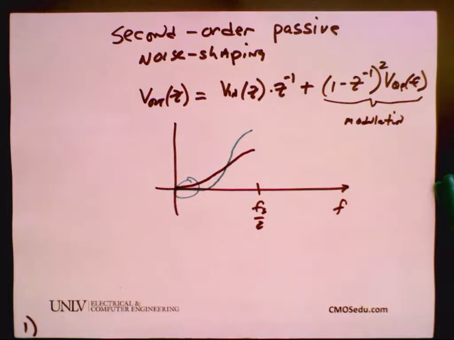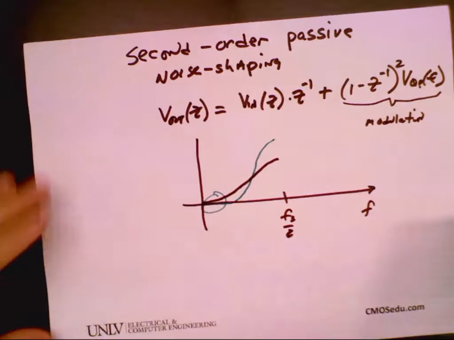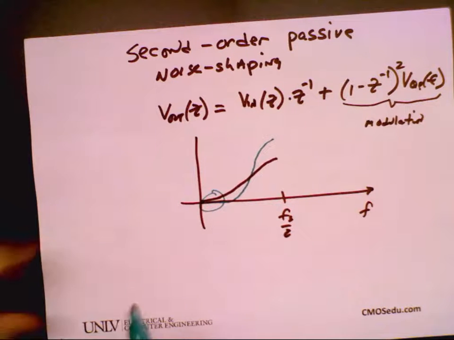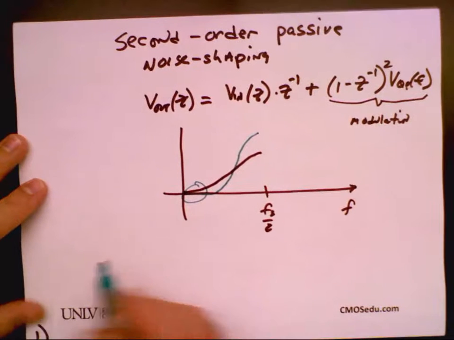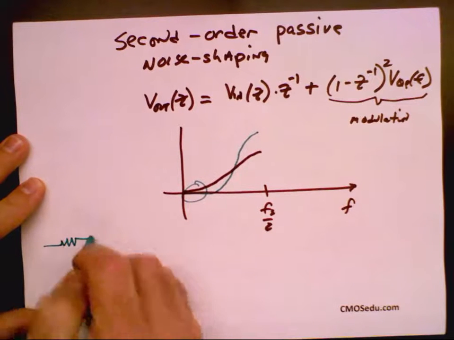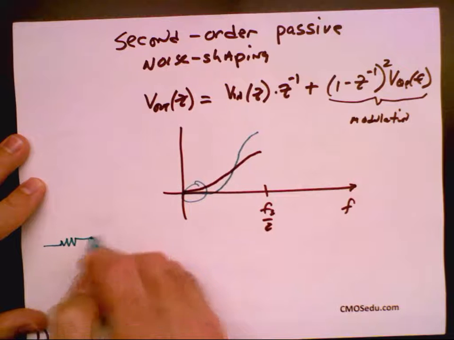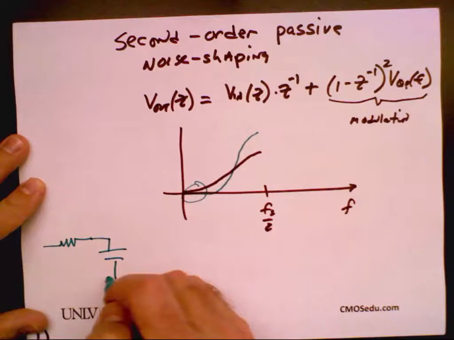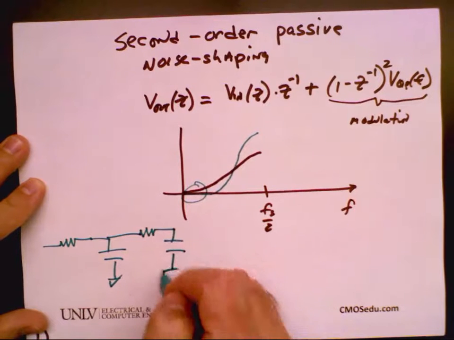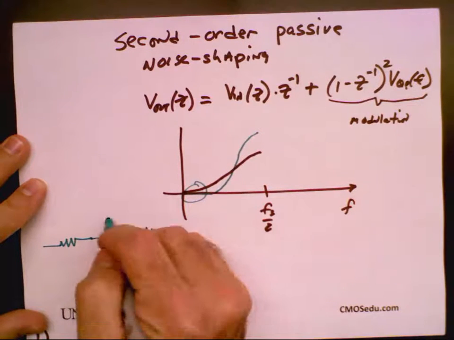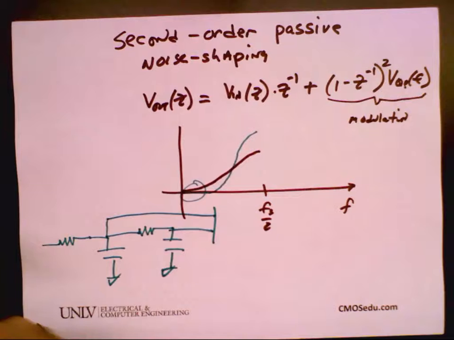Okay, so let's sketch the shape of a second order noise shaping modulator. There'll be two feedback loops, and one of the benefits of the second order modulator is it randomizes the noise a little bit. So we'll put a capacitor like this and then a second one over to here, and then we'll compare